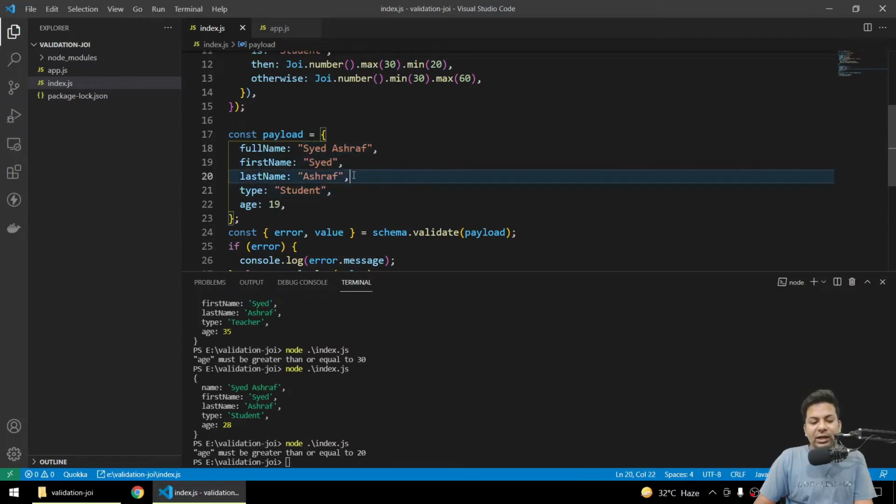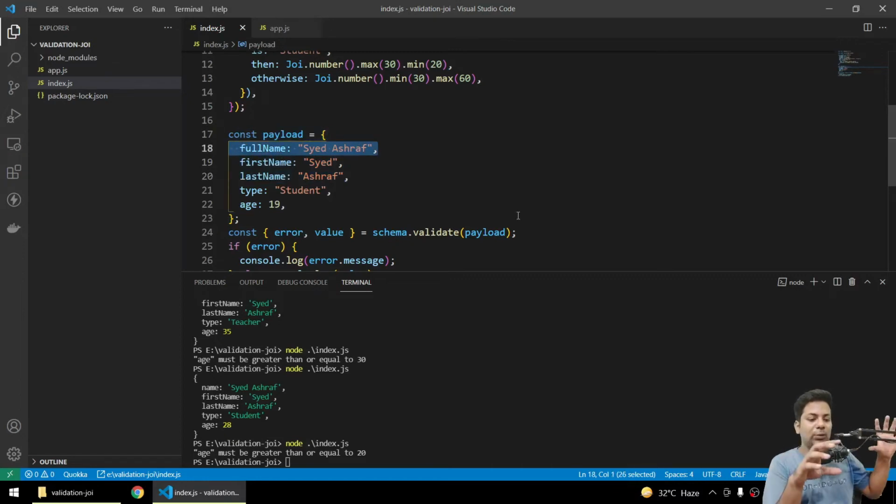If we are getting first name and last name, then full name is not required. If they are sending the full name, then first and last name is not required. We have given all three fields, but we want only one of those, either these two or this one. So we will say, okay, if you have given full name, don't give us first and last. If you have given first and last, don't give us full name.